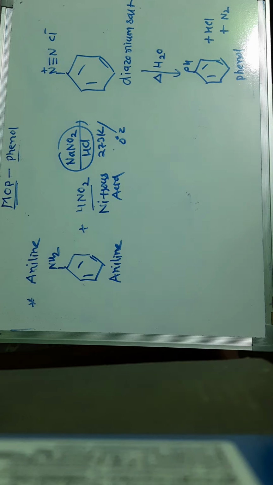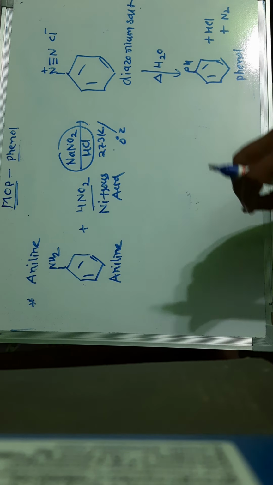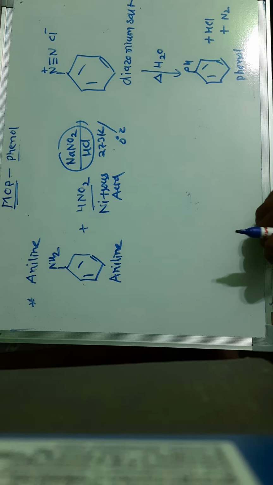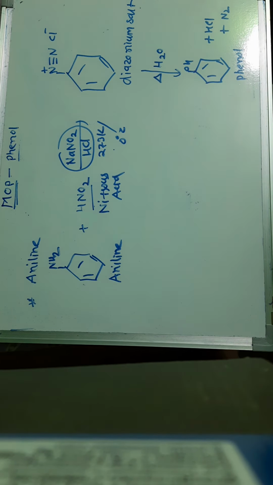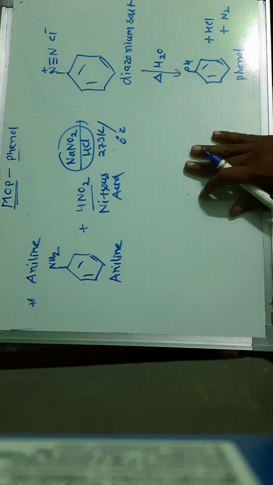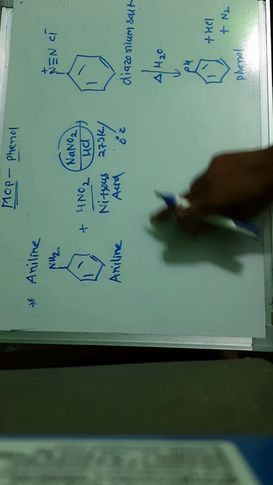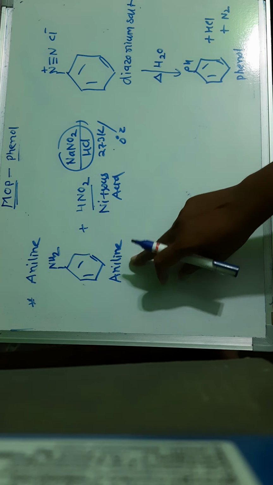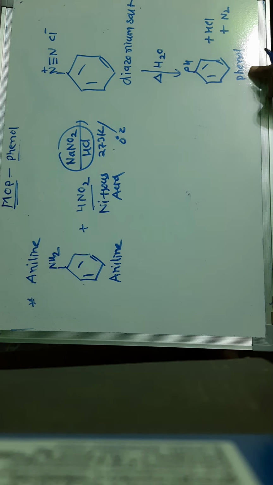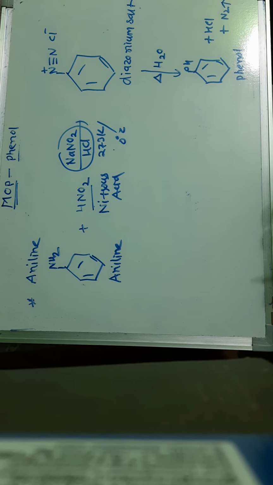Again, see how this reaction can be carried out. Actually, this reaction has a mechanism of about 12 to 13 steps, and there is no need to remember the mechanism of this reaction. We just have to use a trick to find the product of this reaction. This is aniline, and when aniline reacts with nitrous acid, we get the diazonium salt. Just remember it. On hydrolysis, we get phenol, and the byproduct will be HCl, and N2 gas will be liberated. This is the last method of preparation of phenol by using aniline.